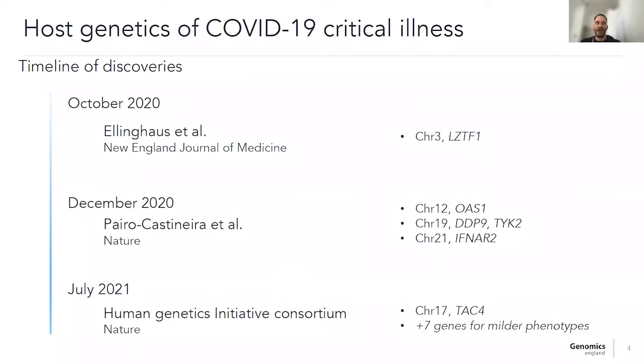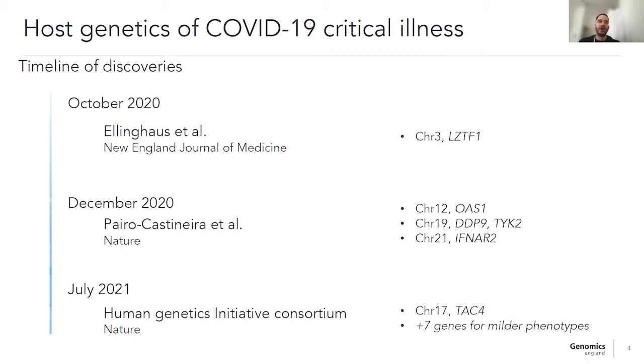So there has been a timeline since last year of discoveries in this domain. It all started with the Ellinghaus paper last year in the New England Journal of Medicine that discovered the first locus, the most replicated locus, which predisposes for severe COVID, and it's located on chromosome 3. Then Genomics England, with our aid as well, published in Nature a paper that identified a further 4 genes on